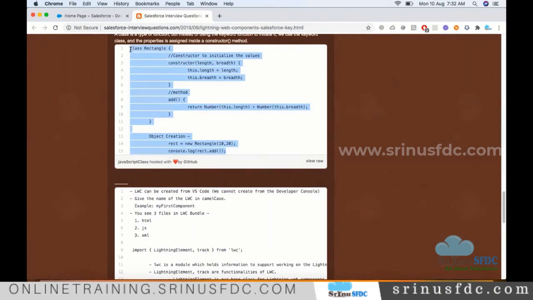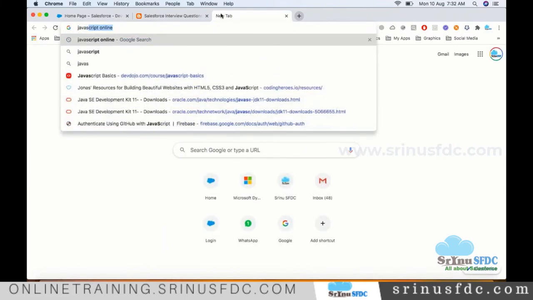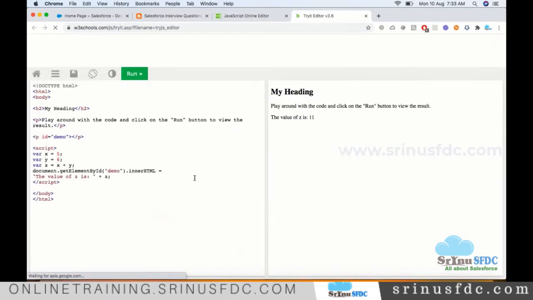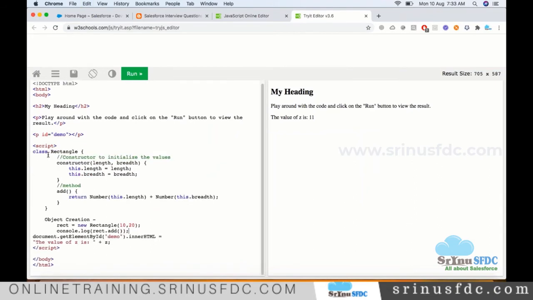So let me execute and show you. Is it really executing and giving the result? Let's see. There are some websites where you can directly run JavaScript, so maybe I'm making use of this website. Here I'm pasting everything. This is supposed to be in a comment, so it is commented. Here this is the class. Whenever this page loads, everything will be loaded, and here we are creating the object for that, and after that, we are calling that add method. Maybe the result